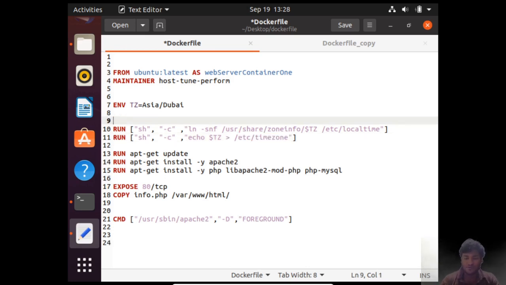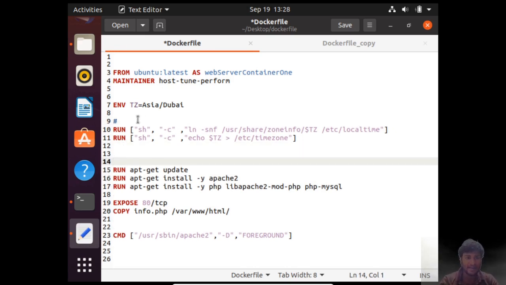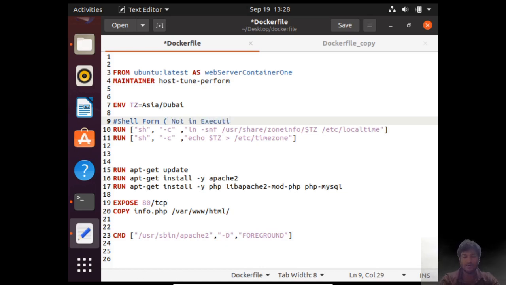Now one point you have to see over here is that these 2 lines of code we are talking about, line 10 and 11, should always be in shell form. Why should it always be in shell form and not in executive form? Because this variable is a shell variable.